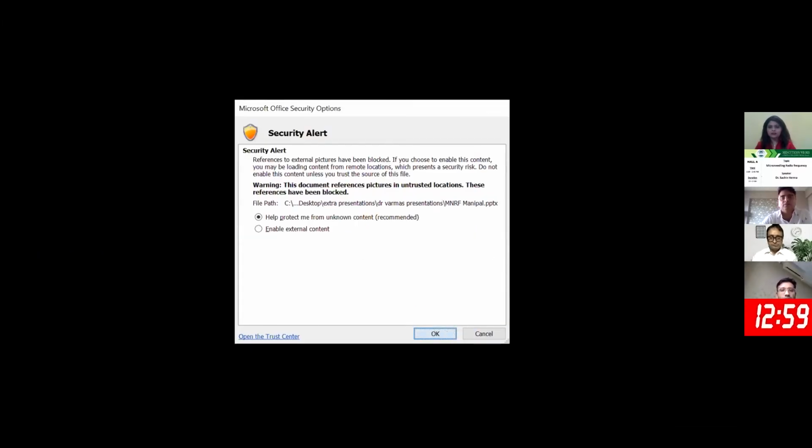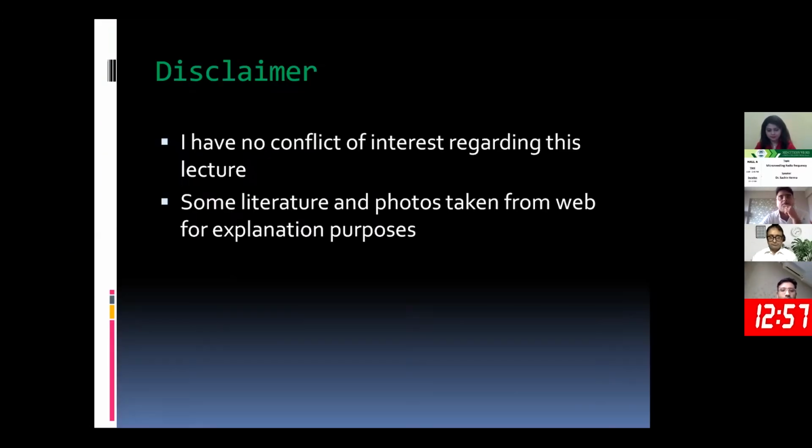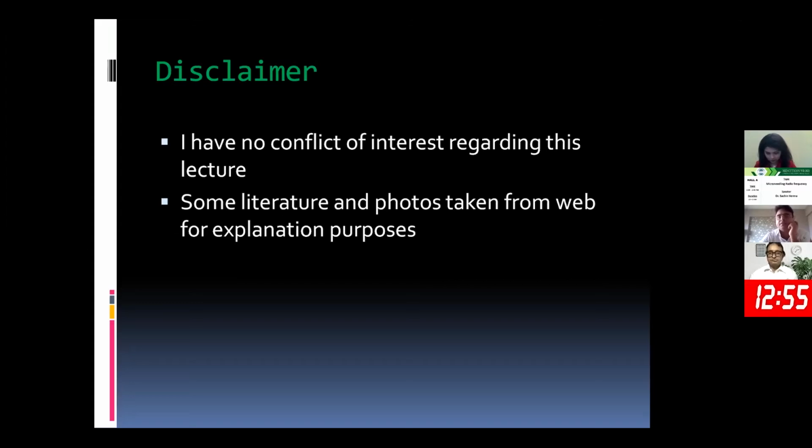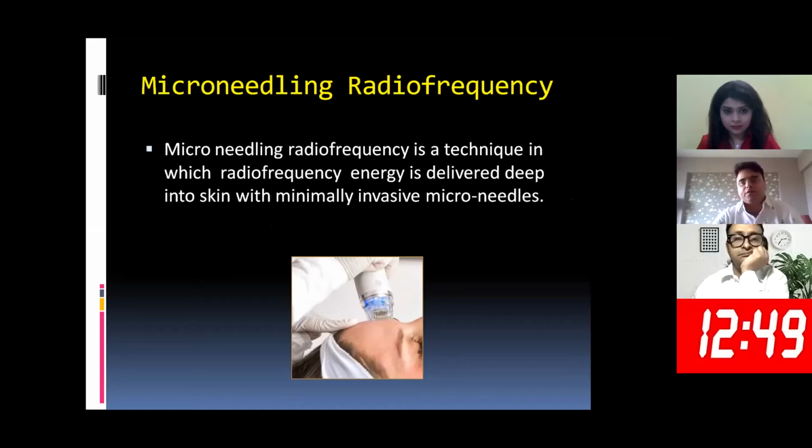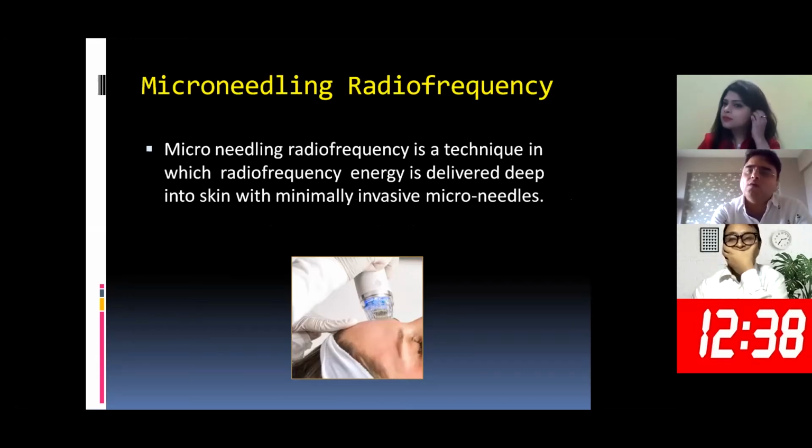Okay, right. So I have no conflict of interest regarding this talk, and I will be presenting on microneedling radiofrequency. Now, microneedling radiofrequency is a relatively new procedure in which radiofrequency energy is delivered deep into the skin with minimally invasive microneedles. We all know of radiofrequency energy, and we use it on a daily basis in our